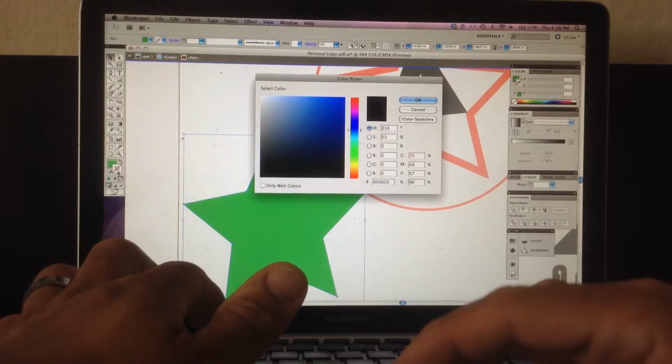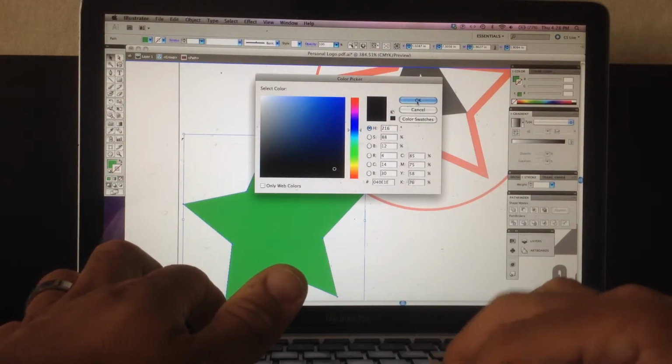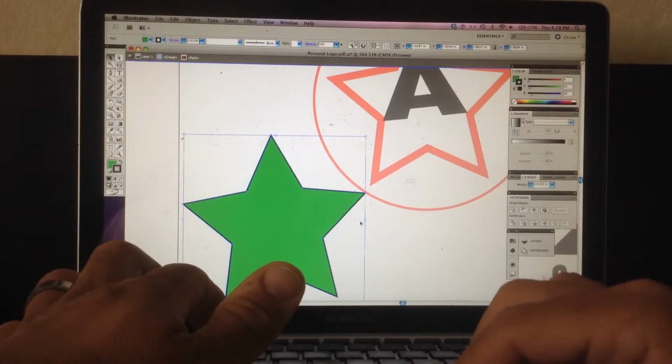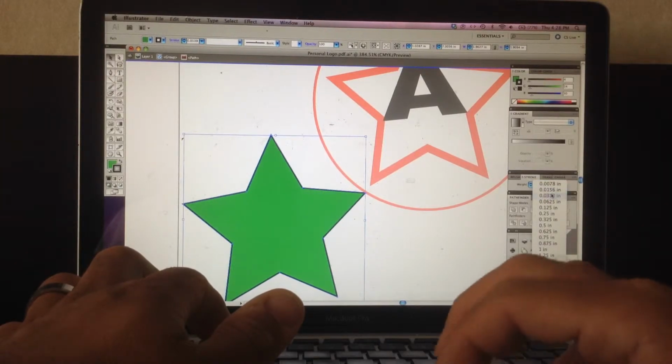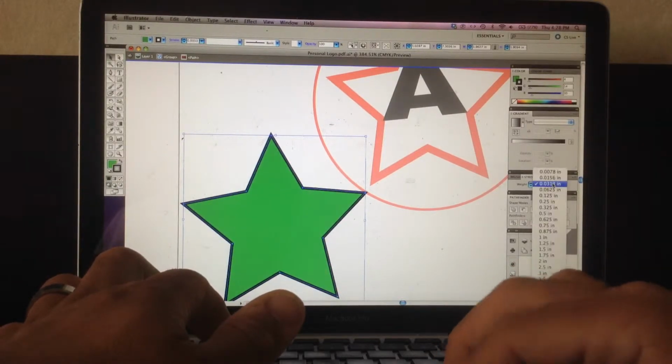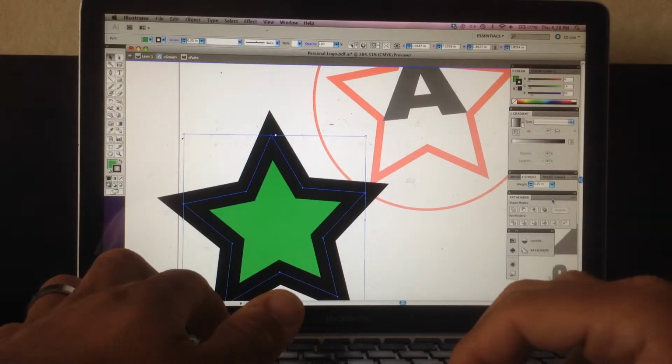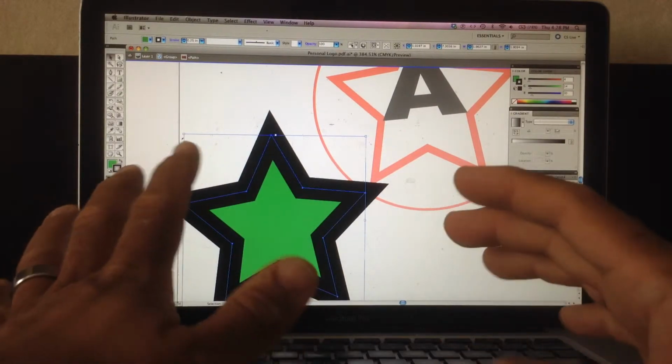Or you can pick a color. Double click on it, let's pick black. Now it's going to give it a black outline, which you guys now see. The stroke window palette gives you the thickness of that line. So I can thicken it up. I could go overboard and make it really thick, and that's how you start to play around with your colors